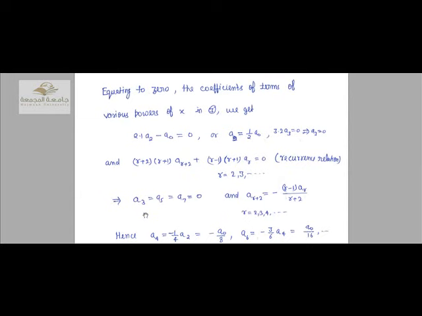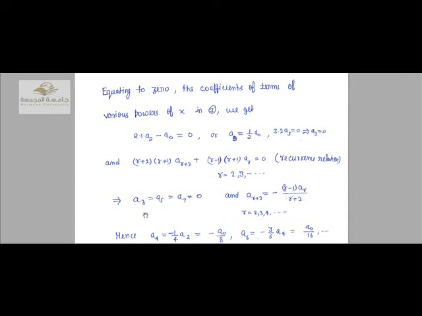Equating to 0 the coefficients of terms of various powers of x in equation 3, we get 2 into 1 a2 minus a0 is equal to 0, or a2 is equal to 1 by 2 a0, 3 into 2 a3 is equal to 0 implies a3 is equal to 0, and (r plus 2)(r plus 1) a(r+2) plus (r minus 1)(r plus 1) ar is equal to 0, the recurrence relation,